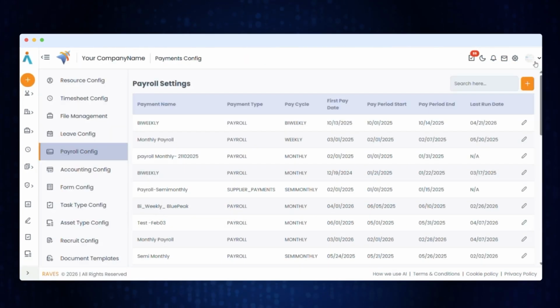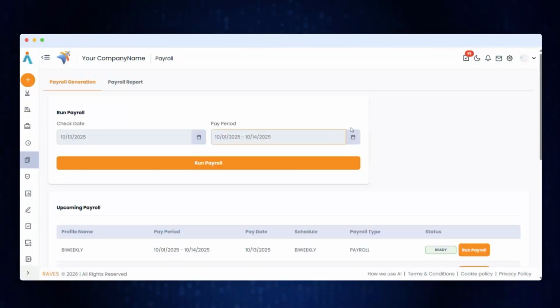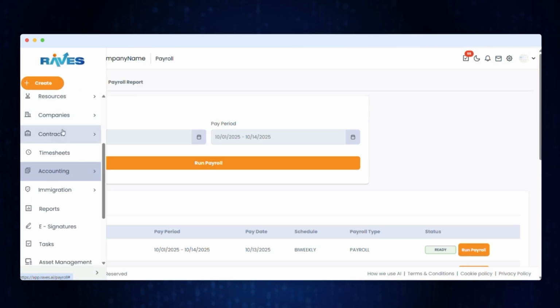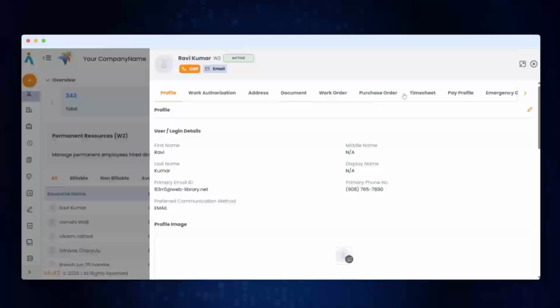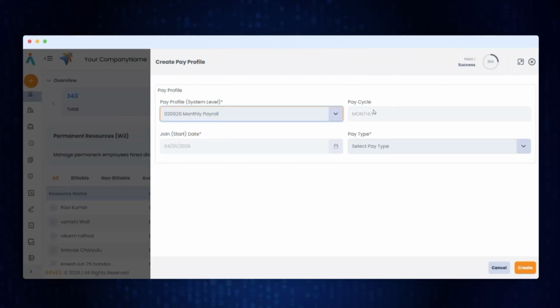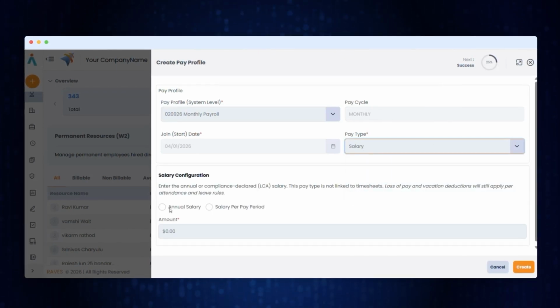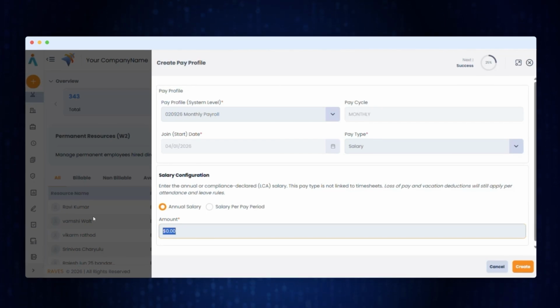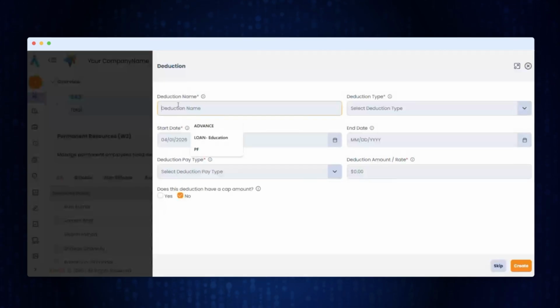Also, we have. Okay. Then you generate payroll, including whatever setup like your worker. You set up your pay profile. Then system level, you can do pay type hourly or salary, or means if it is an LCA pay, like you can put it as $60,000. I'm just taking an arbitrary number, and then you can put that one, and the allowances you can give, or you can skip, or if there are any medical insurance,